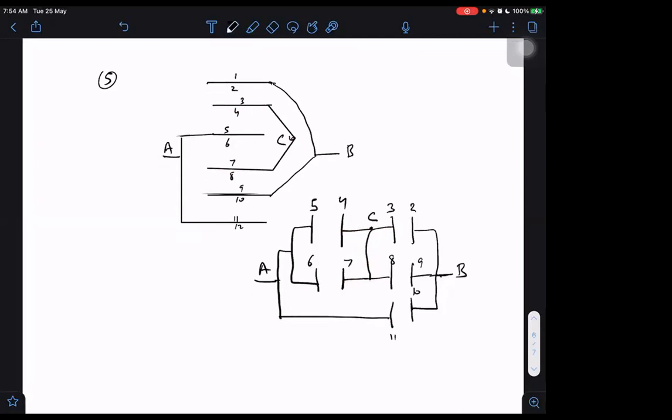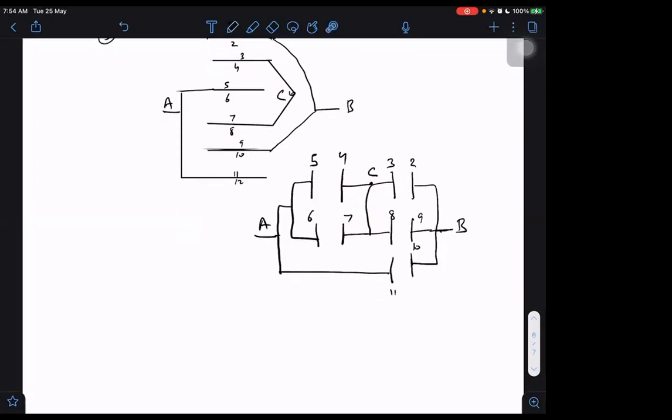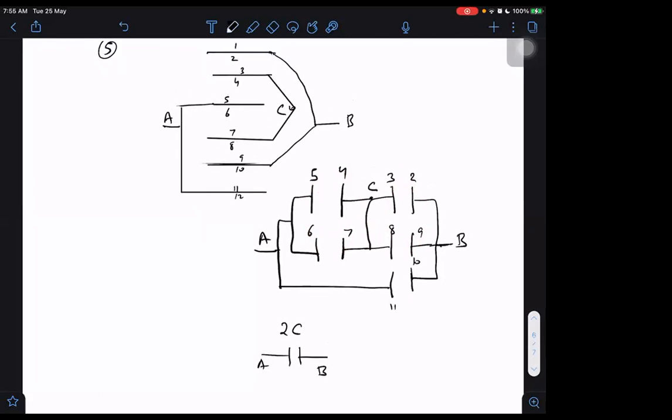Anyway, what's the capacitance of this now? Now C. This will be 2C, again 2C, then again they will come in series, which will become C again, and this C will be in parallel with this lower one, then we will be getting overall 2C. So net capacitance between A and B is coming out to be 2C. Understood?